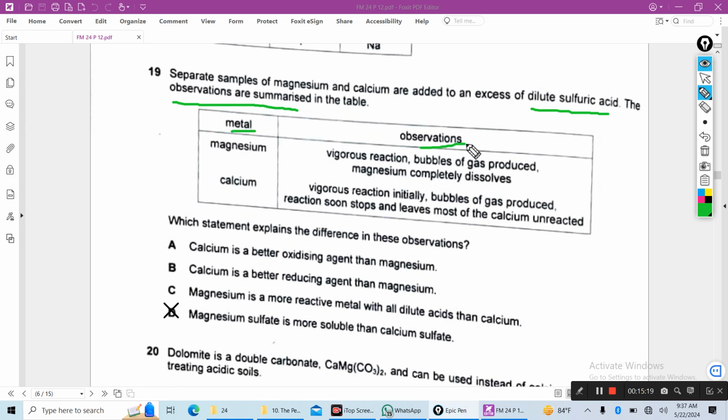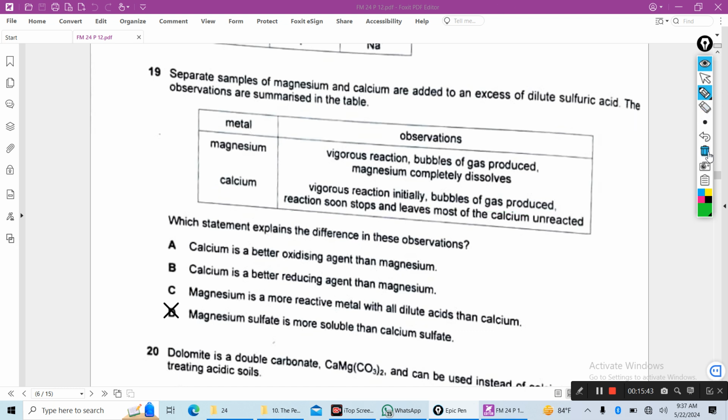Metal observation: magnesium, vigorous reaction, bubbles of gas, hydrogen is produced, magnesium completely dissolves. Second one, calcium, vigorous reaction, initially bubbles of gas are also produced, reaction soon stops and leaves most of the calcium